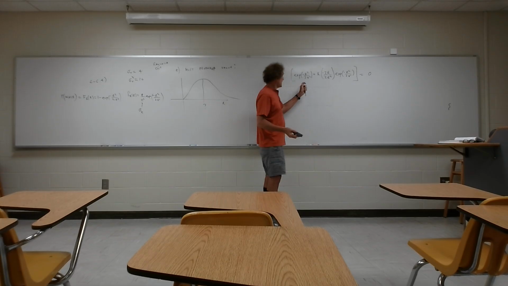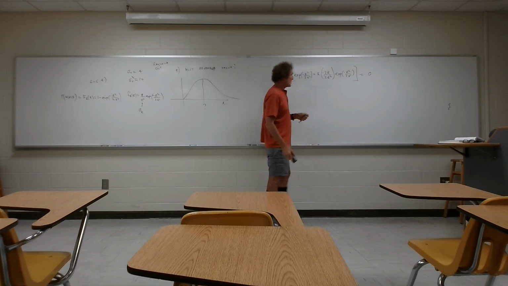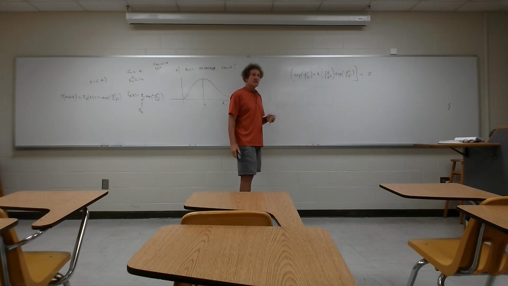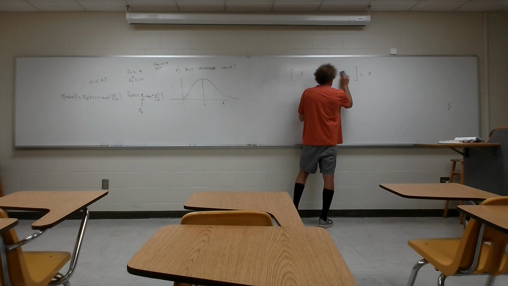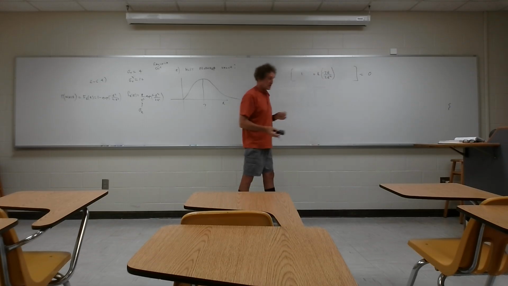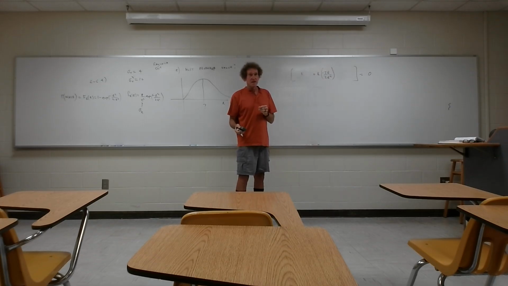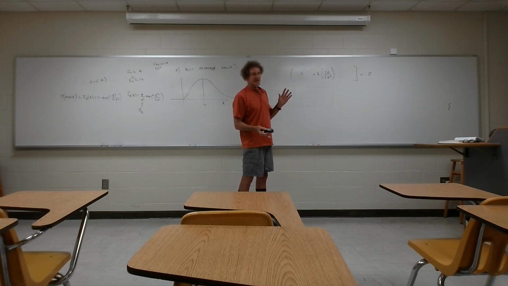Next thing is you see the exponential e to the minus r squared over 2 sigma squared appears in these two terms. If I just divide it out and divide the 0 by that, I get rid of this 2. This becomes a 1. And that becomes a 1. So now I have that. Do you agree with me? Just making sure. Believe it or not, I asked this, and it's silly, something like this, and I'll get wrong answers. I don't know why, but I'm making sure everybody sees this.